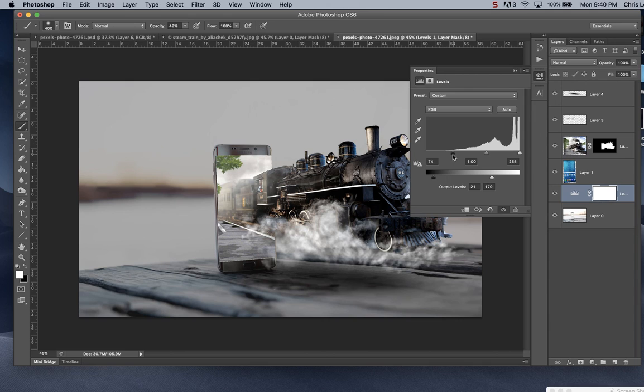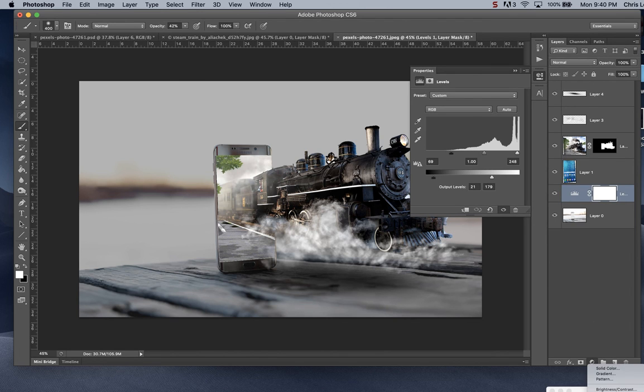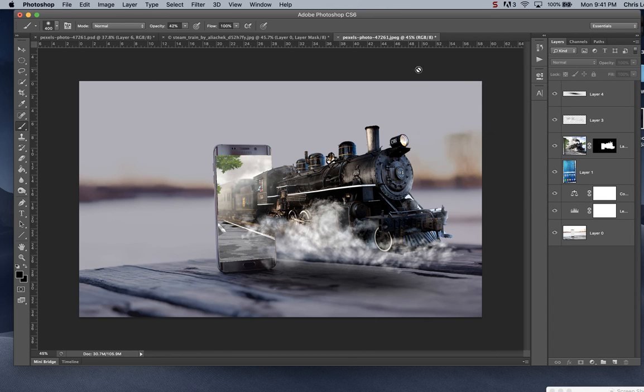And bring some texture back into the... Okay. Now we can go to color balance. Bring a little bit of blue in there. Okay. And then we're going to go ahead and